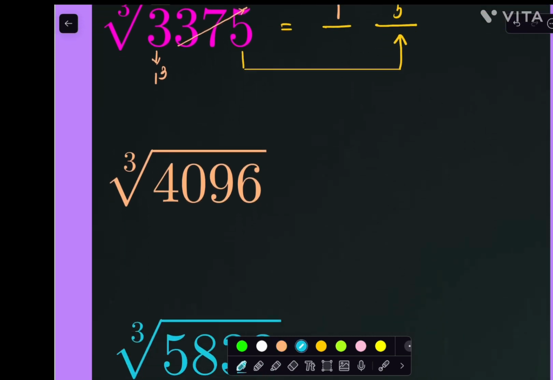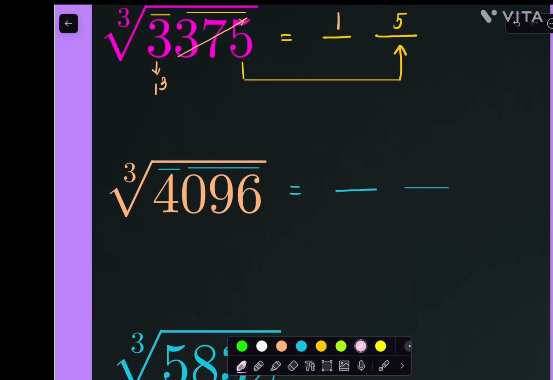And similarly see here also, the cube root of 4096. Mark bars on 3 numbers from right to left. Now so your answer is a 2-digit number. Why? It contains 2 bars only. The answer is a 2-digit number only. Now the number ends with 6. Its cube root also ends with 6 only, so these 3 digits I'm cancelling, right? So 6 we calculated, right?